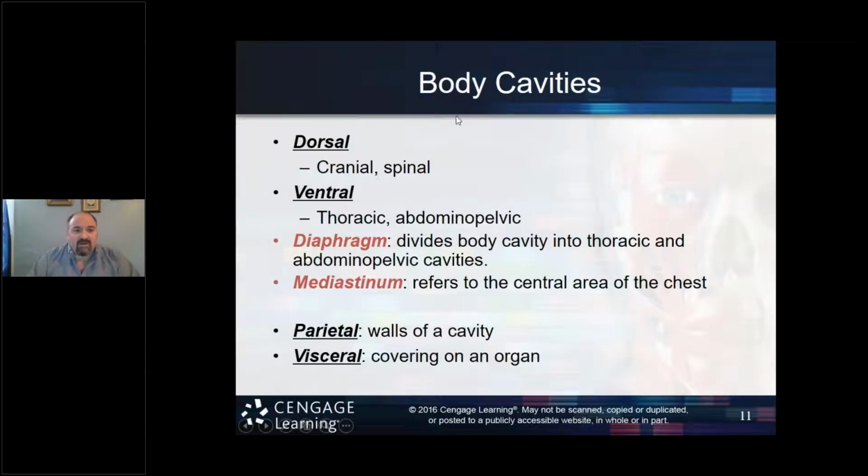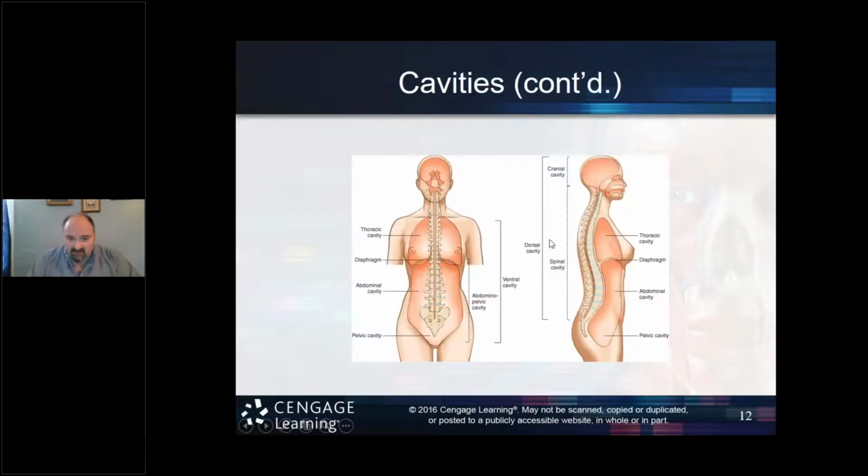We've talked about these body cavities, right? So let's take a look at this image here. We're looking at an anterior image and a lateral view, okay? On the lateral view, we can see the dorsal cavity, aka the posterior cavity, which contains the cranial cavity and the spinal cavity, right there. The cranial cavity contains the brain, and the spinal cavity contains the spinal cord, okay? That's the dorsal cavity. The ventral cavity, aka the anterior cavity, contains the thoracic, abdominal, and pelvic cavities,